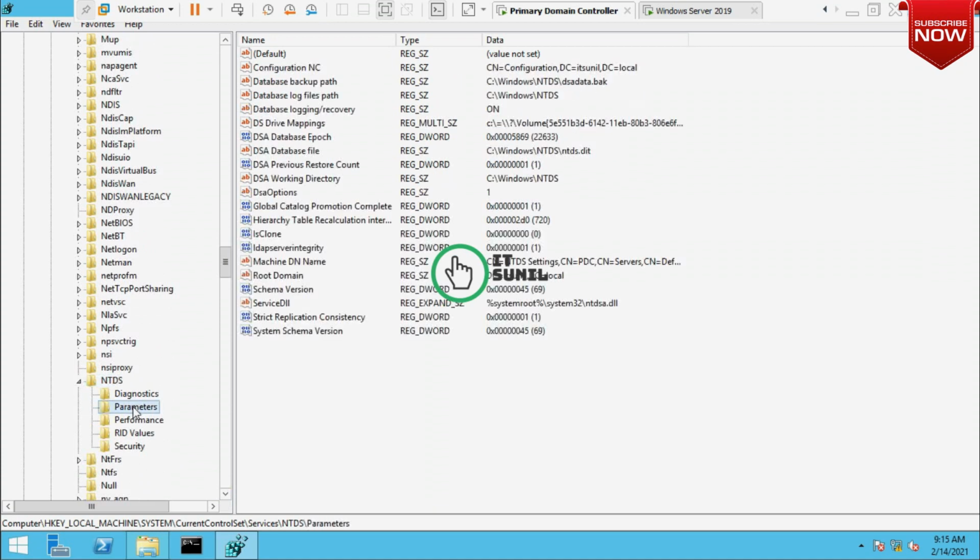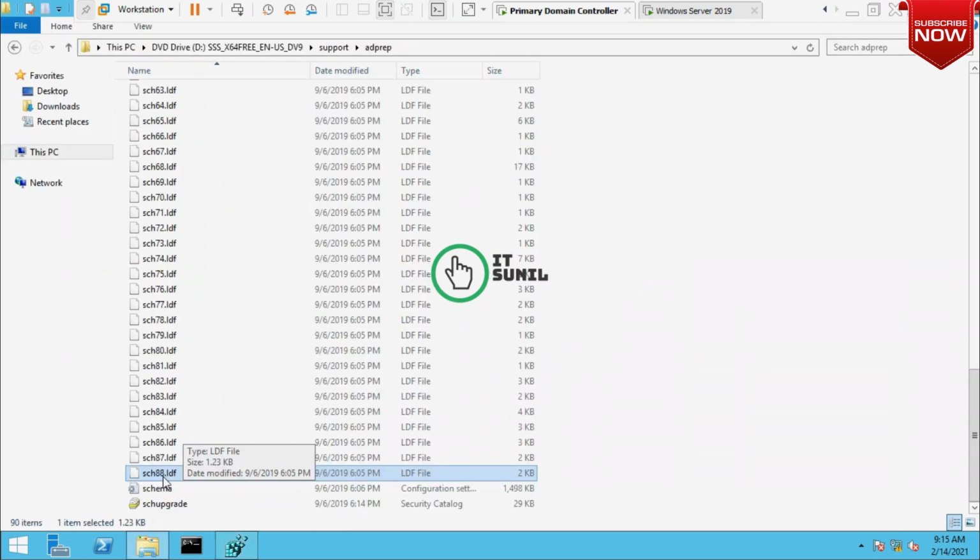Let's open Parameters. Now you can check here the schema version is 69. So the Windows Server 2012 schema version is 69. Now I'm going to upgrade from 69 to 88.